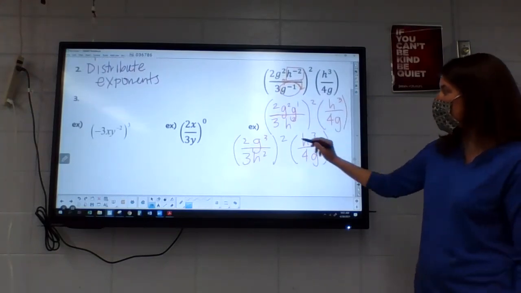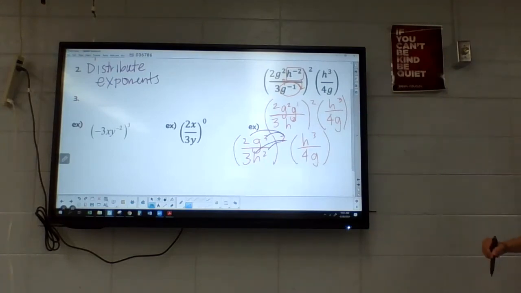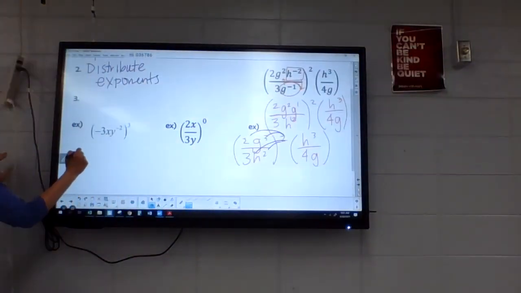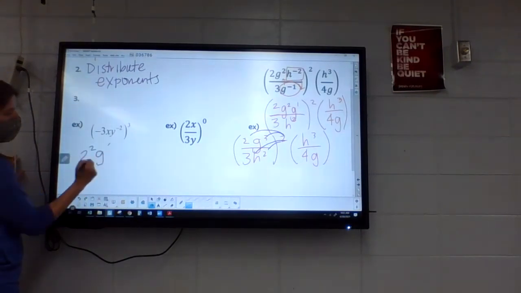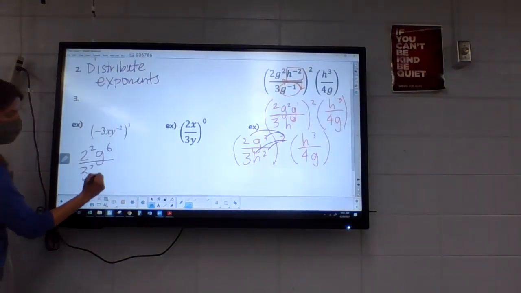So we're going to distribute the exponent here. This is going to go into all of those bases. So I'm going to write it over here just to save myself. So 2 to the second, G to the sixth, 3 to the second, H to the fourth,